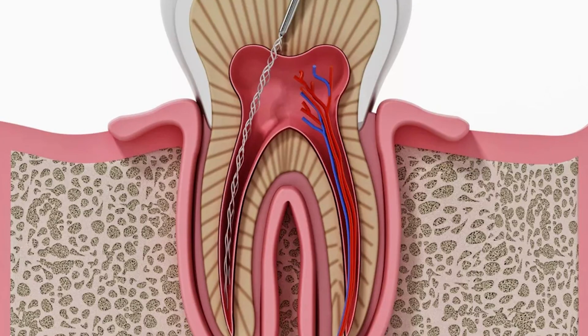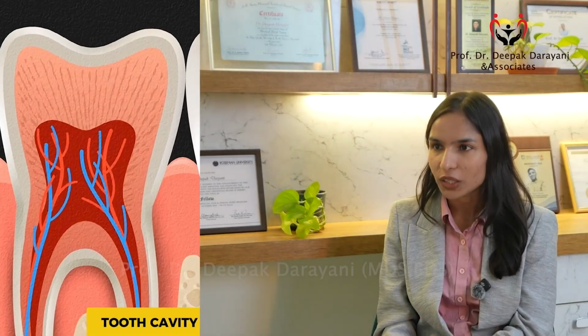Okay. So Dr. Deepak, talking about root canal treatment now, how will a patient know that he needs a root canal treatment? So if a tooth is already treated with root canal in the first place, but he still feels pain or there is a continued swelling, maybe immediately, or mostly after a few months or years, there is a swelling, there is pus coming from somewhere. Or even if there is no pain, but you went for a checkup to a dentist and the dentist sees a big infection under your root, you might need a root canal treatment.